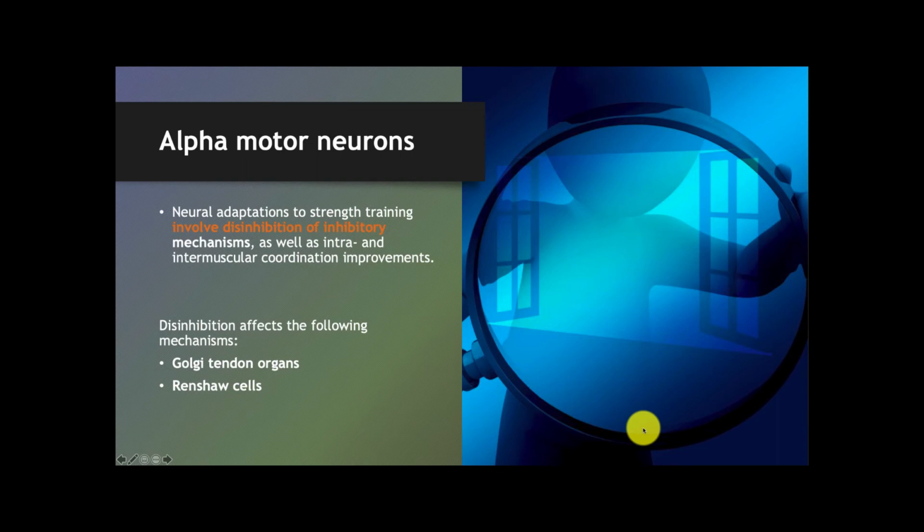So another kind of cool adaptation that occurs with strength training has to do with the disinhibition of these inhibitory mechanisms that we have located around or near the motor neuron. So these are mechanoreceptors, things that you are well aware of, such as the Golgi tendon organs and the Renshaw cells. So what begins to happen is, these governors, these organs or cells in our body that regulate how much force we are allowed to generate, they regulate this to protect us, because if we were left to our own devices and we tried to do a 2,000-pound squat just to impress ourselves and others,